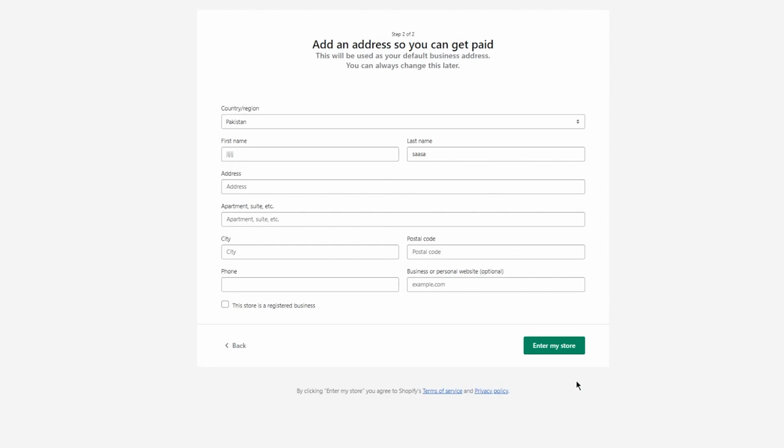Now over here you're going to add your address, just so it's an address you can get paid on. You can add your credit card and stuff like that too in the settings on Shopify, but let's say you don't have a credit card or a bank account. All you need to do is put in a default business address where they're going to maybe, if they want to bill you,